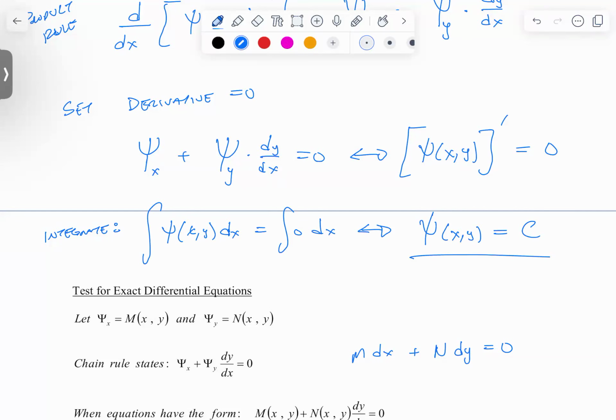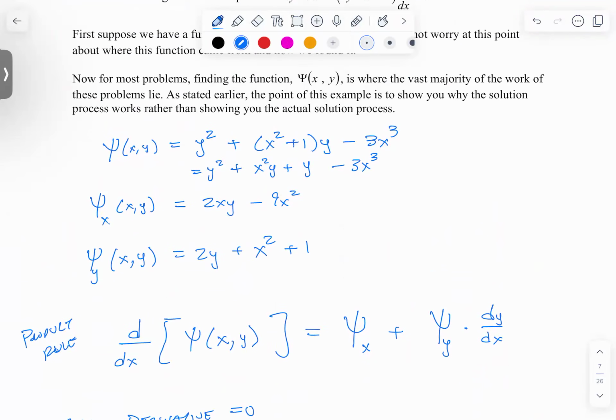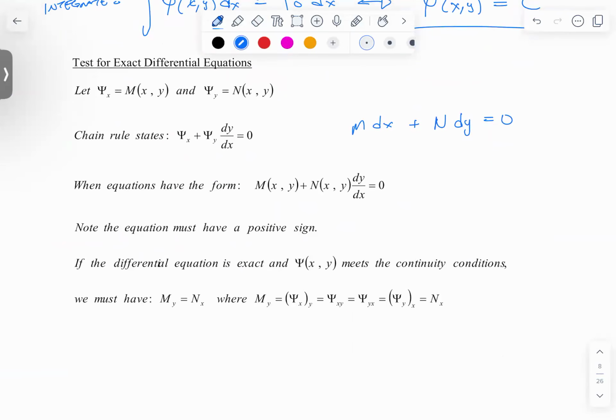My point is that psi is just a means to an end, because we actually end up with our solution of the differential equation equal to C. A lot of times when we're going through this, I'm saying psi equals this thing, and it's really psi equals C. So psi is not like f of x, it's not f of x equals this, or y equals, like we were doing before. This is the function equal to C, because notice I have x's and y's in the equation. All of that boils down